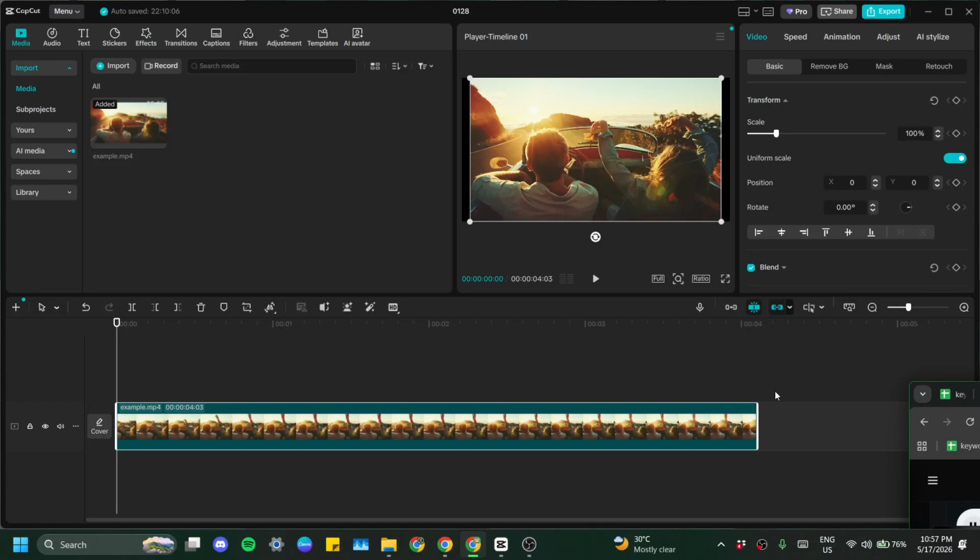In today's video, I'm going to teach you how to add a blank screen in CapCut PC. If you want a clean title card at the beginning, a short pause to separate scenes, or a moment for text to breathe, the simplest method is to create a small empty gap in your timeline. In CapCut for PC, that empty space automatically plays as a solid black screen, so you don't have to import